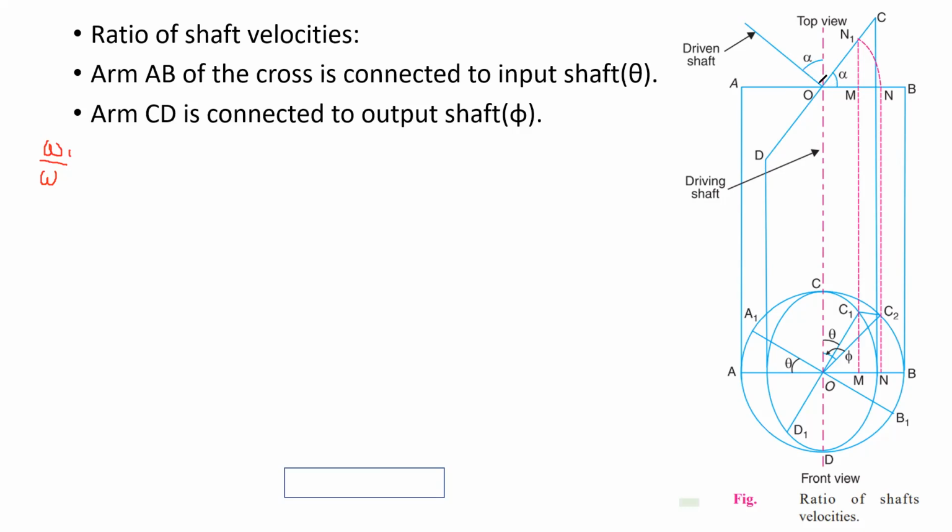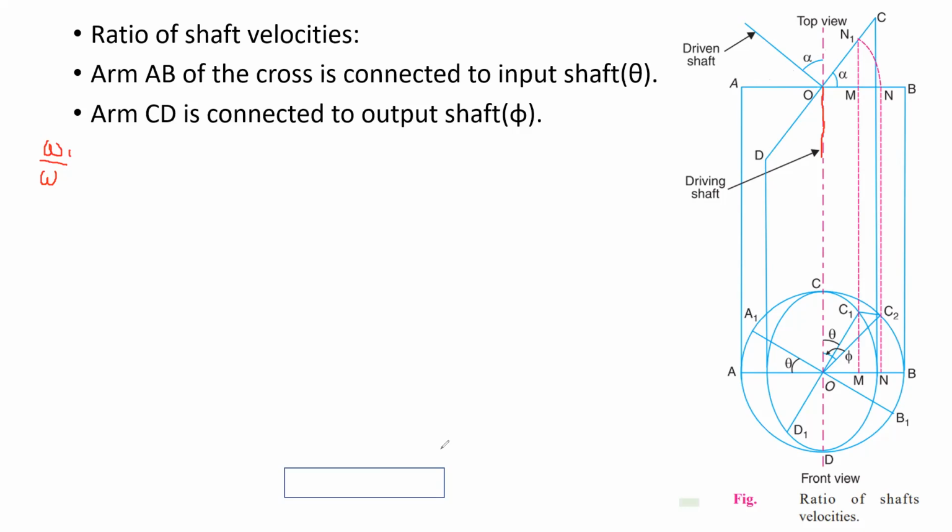You can see the axis of the driven shaft, and this is the cross with which it is connected. It is the cross AB which is connected to the driving shaft. So it is the axis of the driving shaft, this one. This is the axis of the driving shaft. So if you see, these two axes are inclined and the angle of inclination is alpha. Angle of inclination is alpha. Okay. When you see this in front view, so in front view, when you see the motion of arm AB and CD,